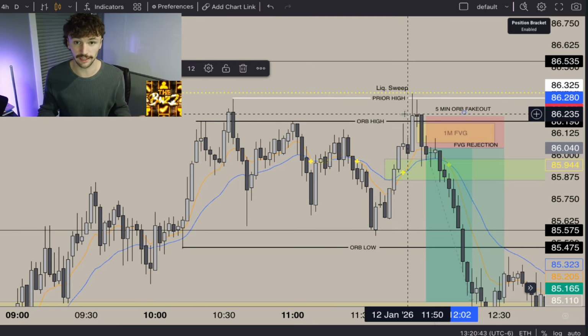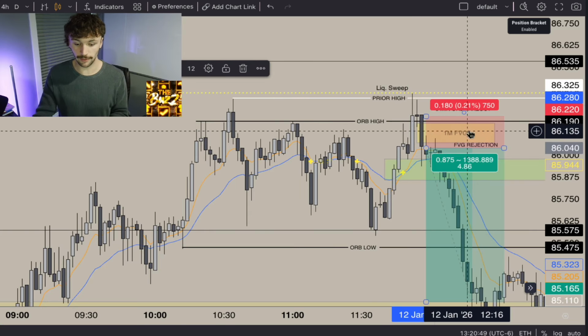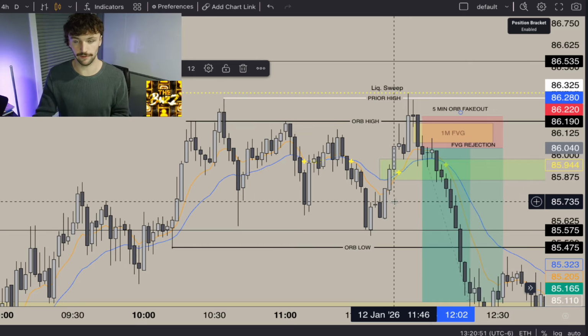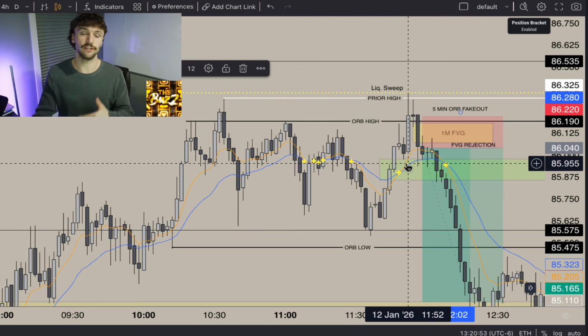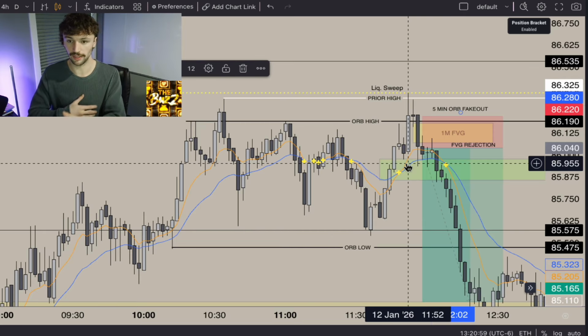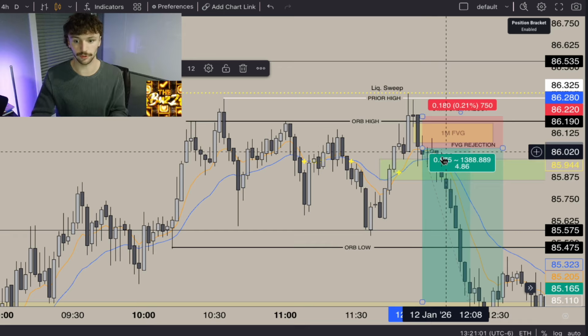What are we going to do? Enter like an idiot? No. No. No. We're going to wait. You guys can see there is a 1-minute fair value gap right here, and then this green one is a 5-minute fair value gap. So we know that the 5-minute fair value gap is more powerful right now. Obviously, by time frames, that's how you're going to go. The 5-minute fair value gap is always going to be respected more than the 1-minute until that is broken, and that is what we're looking for, right?